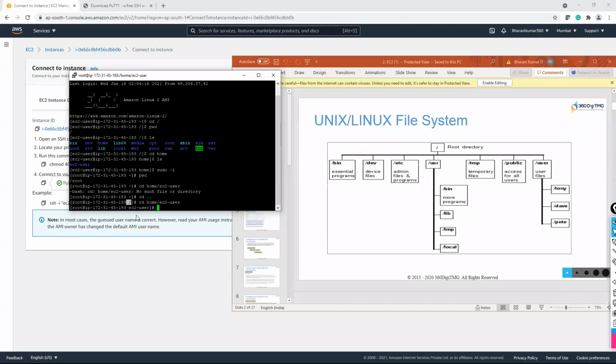Okay, clear guys? And we will talk about Linux basic commands in tomorrow's session. For now, we will terminate this, stop our instance, and we will see how to connect to a Windows instance.